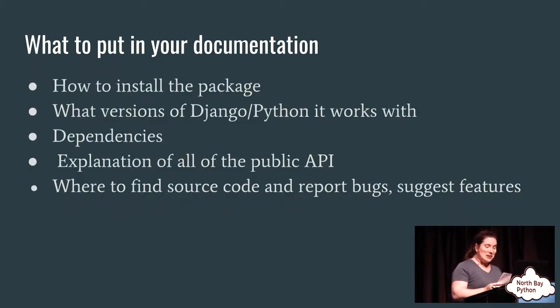Documentation is at minimum full sentences in a human language telling your users the following: how to install the package, which versions of Django and Python it works with, what dependencies are, even if they're automatically installed, all of your app's public API, all of its models, views, and forms, what they're for, what they do, and what the user is expected to do with them,